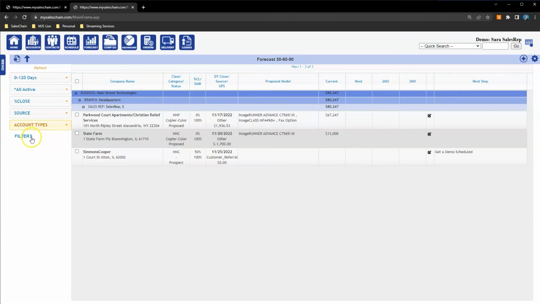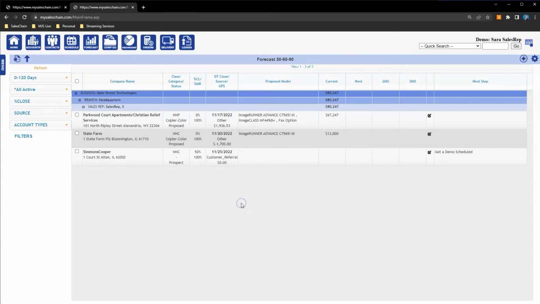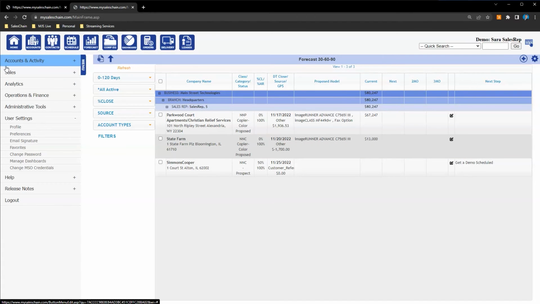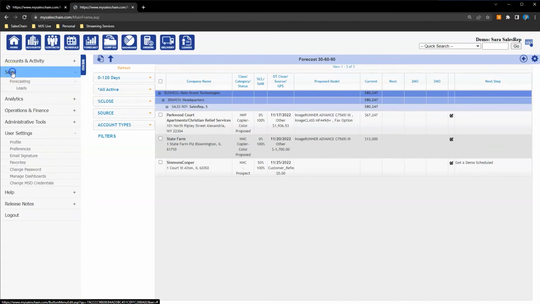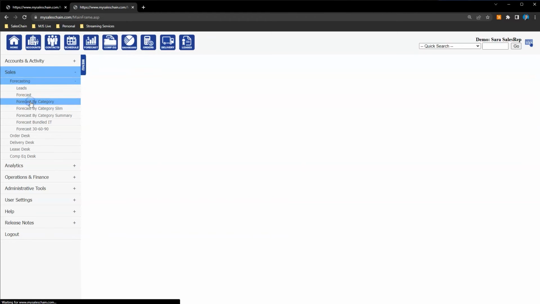Below these dropdowns, Sarah also has an option to click Filters, where she'll be presented with another set of options for filtering her forecast. Depending on the forecasting view that Sarah chooses to use, the filters displayed here may be slightly different. For example, if we navigate to the Forecast by Category view by opening our menu, clicking on Sales, Forecasting, and Forecast by Category,